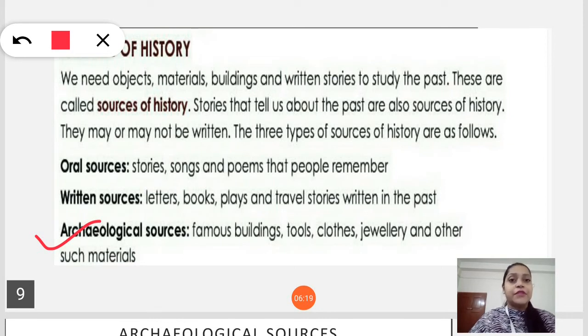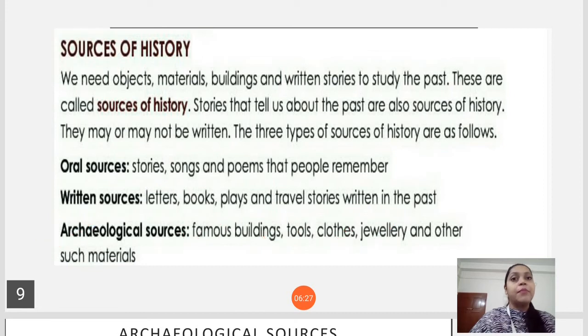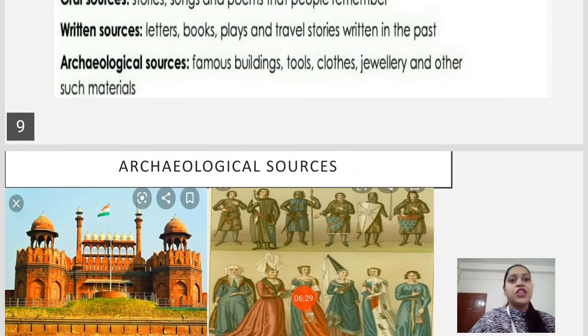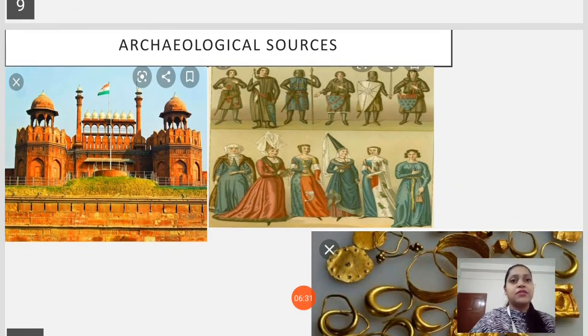Archaeological sources are the famous buildings, tools, clothes, jewelry and many other things, and these things help to know about the past, that is history. Like children, we have the archaeological sources. Here it's given the monuments. Okay, like picture of monuments is there, then here these are pictures of famous buildings, then picture of